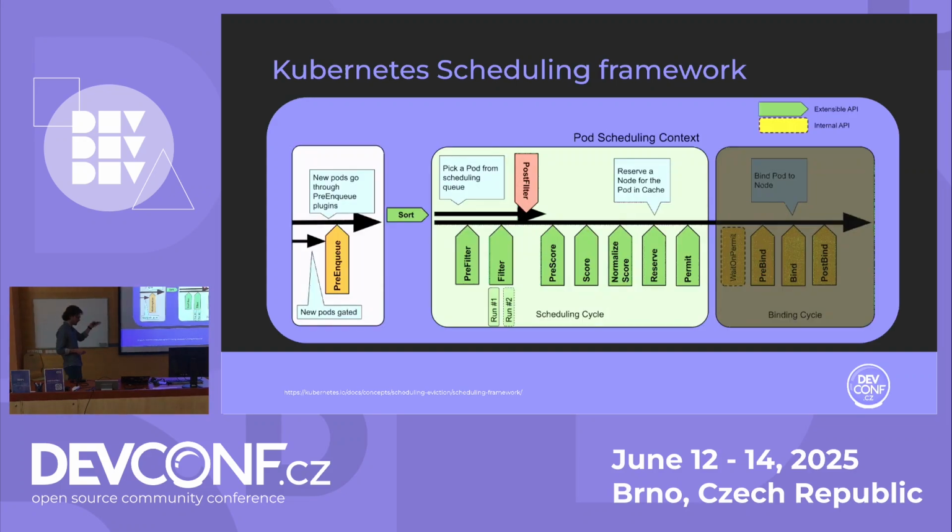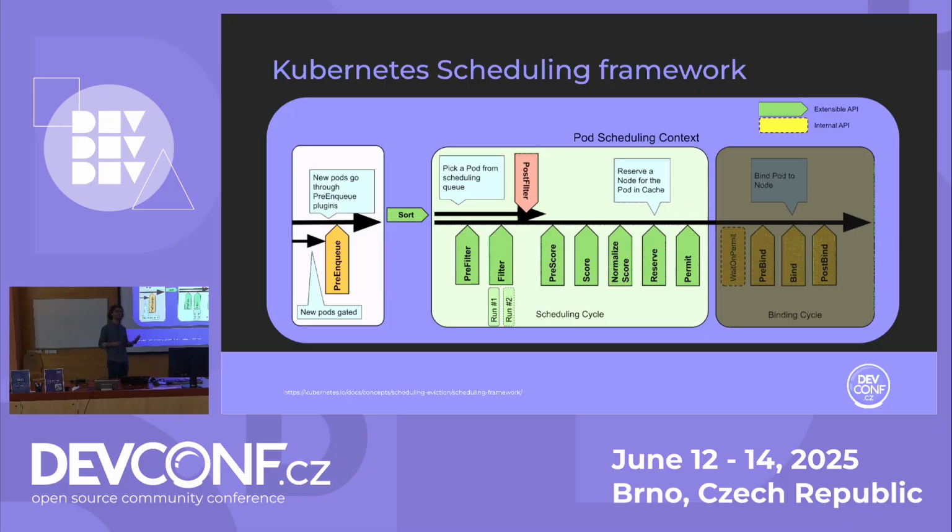The scheduling framework's architecture looks like this. We can distinguish mainly two cycles: the scheduling cycle and the binding cycle. In this presentation, I will not talk about the binding cycle, and we'll focus a bit more on the scheduling cycle and the one that you see before that. Basically, pods are passed through a pipeline of different stages, some of which are extensible.